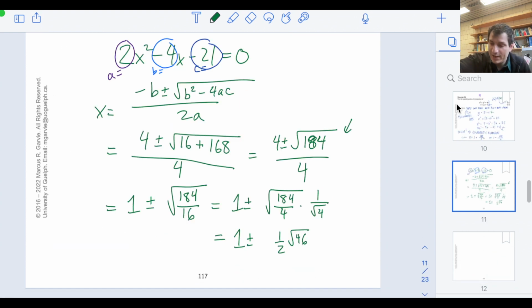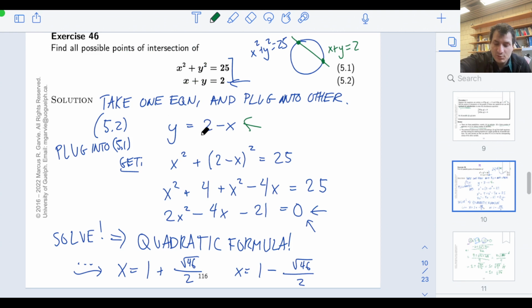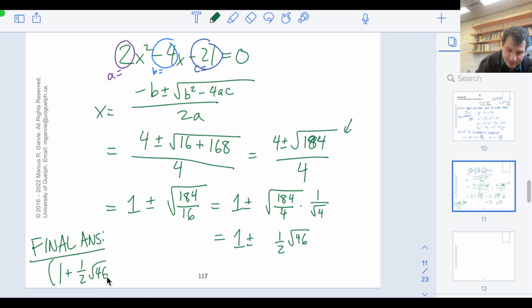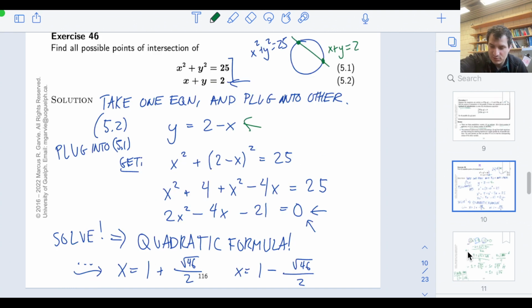If you want to do the y values, you have to plug into y equals 2 minus x. So for the final answer, you take the x values. One of them is 1 plus 1/2 square root of 46, and we're going to plug that into y equals 2 minus x. So 2 minus this number